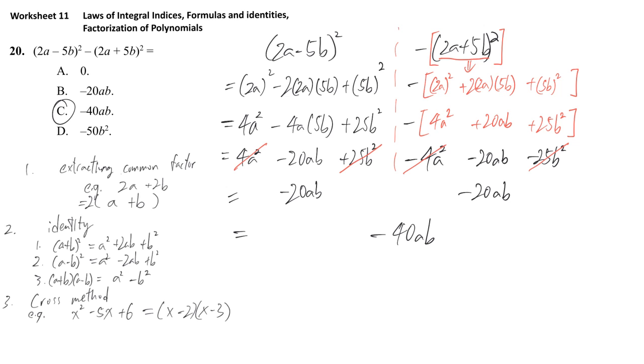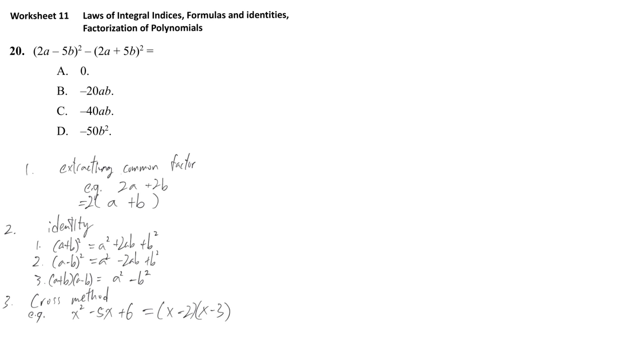But how can we use the second method to solve the problem? The second method is, you know that this is something squared minus something squared, which is exactly the same as the identity, the third identity, right hand side format. So if I can write it in this format, I can change it to the left hand side format. This is factorization. Just now we used expansion, now we can also use factorization in this question. So it should be something plus something,